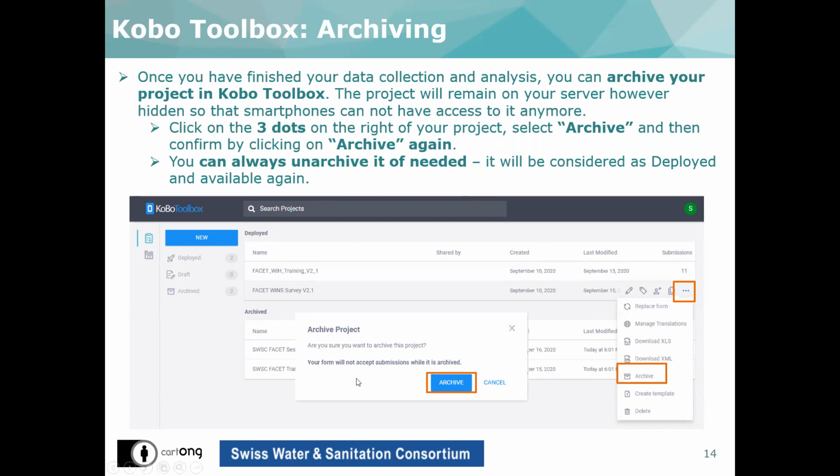Once you are on your main page, you can see all your projects here that are deployed. Then you also see that some of them are already archived. And in order to archive, for instance, the WINS, you simply have to go here, like when we were going before to see the submissions. As soon as you had your mouse on it, those 3 dots will open up. So click on the 3 dots, and then here you'll have several options that are available for you, and click